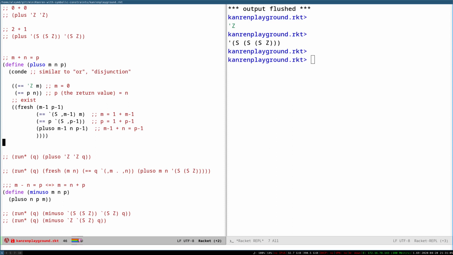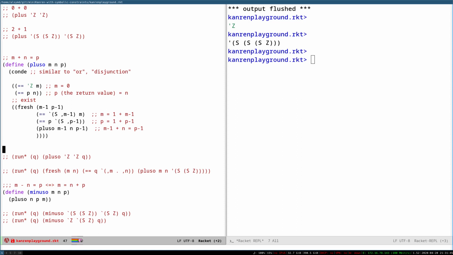So I won't really get too much into detail of why this thing works, because I think it's better if you look at the implementation, try understanding on your own. But we can try some examples. Now, plus takes 3 arguments and returns a goal. And, well, a goal doesn't really give us much. So what we can do with a goal is we can run queries and find the possible things that satisfies